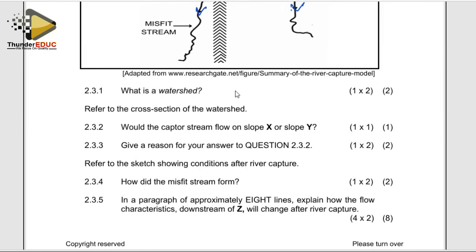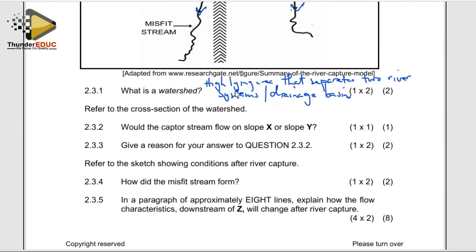Then what is a watershed? You can see there. A watershed, you can define it simply as a high-lying area that separates two river systems or two drainage basins. That's a watershed. A watershed basically is a high-lying area that separates one drainage basin from another or one river